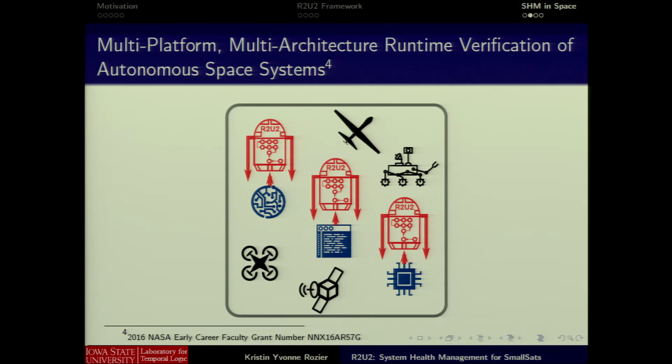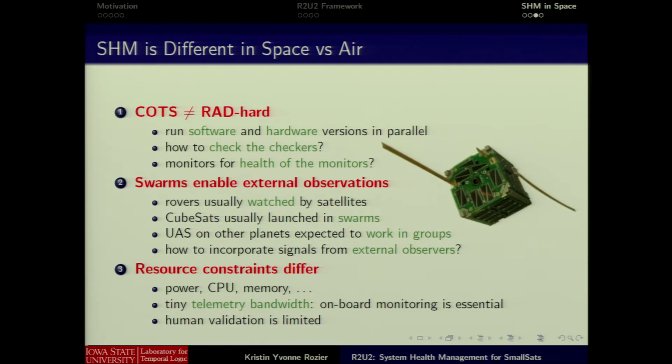October also was the beginning of a new project, which we call Multiplatform, Multi-Architecture Runtime Verification of Autonomous Space Systems. This is the NASA Early Career Faculty Award, where we're looking at the question of what it would take to adopt R2U2 from our previous trials with UAS to expand it to work on things like small satellites, rovers, UAS on other planets, and this sort of thing. So I'll enumerate a few of the many questions that we hope to look at during the course of this